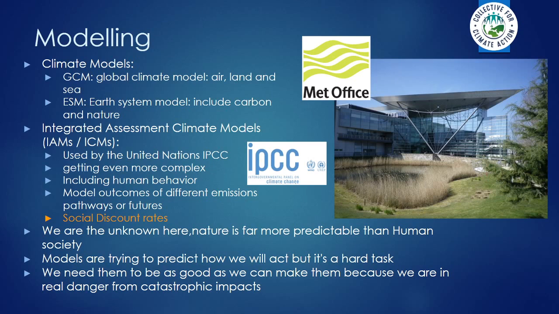So we don't know what's going to happen with wars, famines, migration, and the global economic system, like how much money there's going to be floating around in future, because it's all based on trust. And if people think things are going to be worse in the future, they'll be less likely to lend money to people. So that tightens everything up. But we need the models to be as good as possible, because they do help us make decisions. So they're always wrong, but sometimes useful. I think Niels Bohr said that.